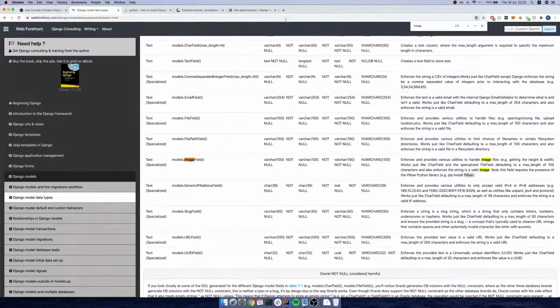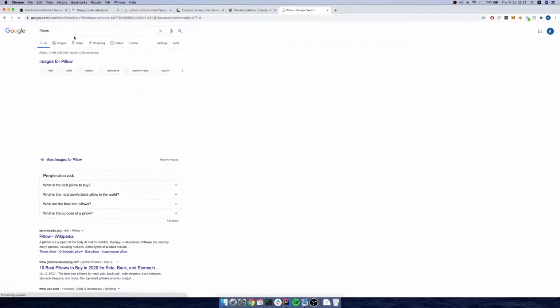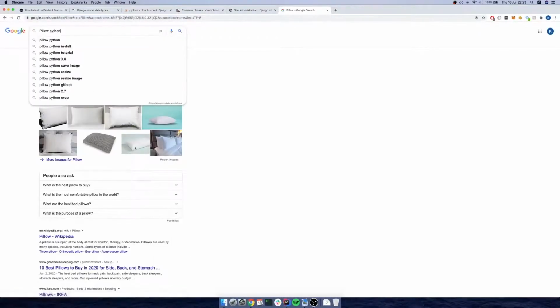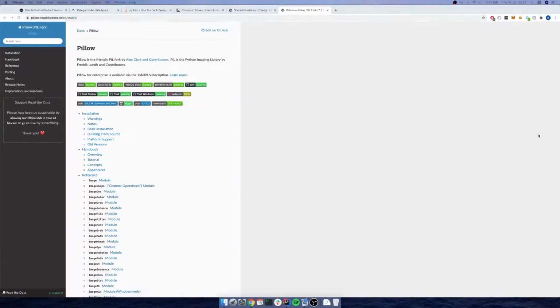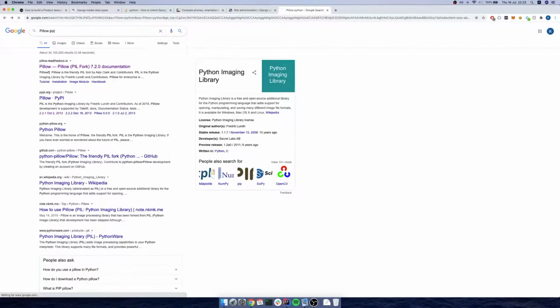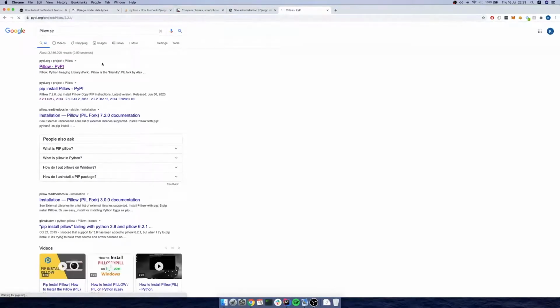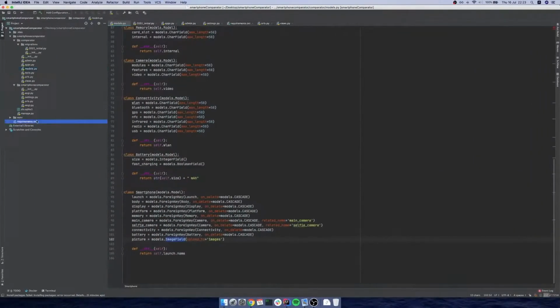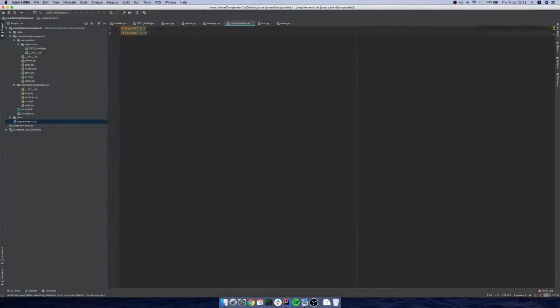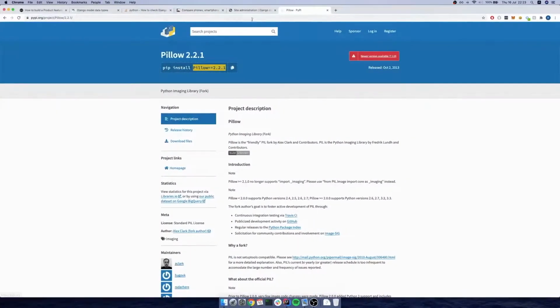So let's see what is the most recent version. Okay, this is Pillow. This was not a good search. So just looking for Pillow pip. And the most recent version is 2.2.1. So let's copy this. Let's add it to requirements. Okay. And now,